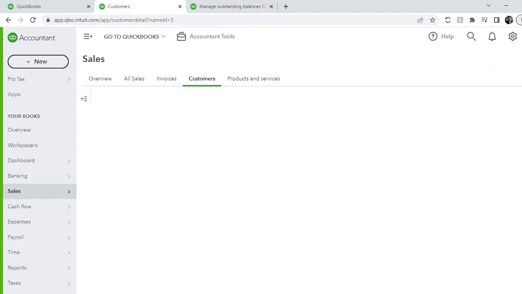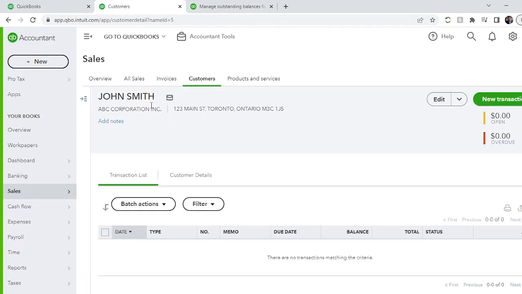So it looks like it got saved. So this is John Smith. This is the company's name. This is John's name, the person we are in contact with. And this is 123 Main Street, the address. This is opening balance 0, overdue 0. Okay. Let me just play around with it a bit. If I do edit,